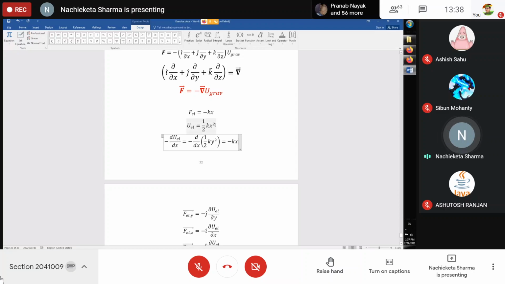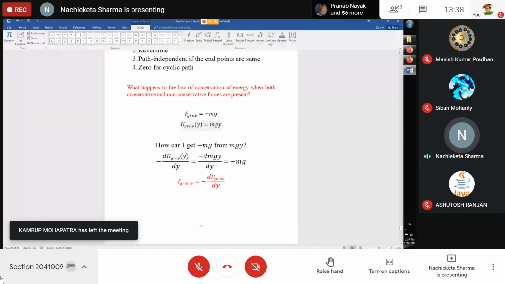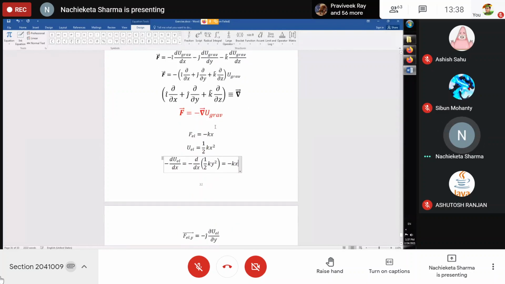But if it is a function of x, y, and z, then you can write it as a different thing, isn't it? How will you write? Can anybody say? Suppose my elastic potential energy is a function of x, y, and z. So what will be my right hand side? Can anybody say? What will be my right hand side? The partial derivative. Hmm? Yes. What will be my right hand side? My right hand side will be